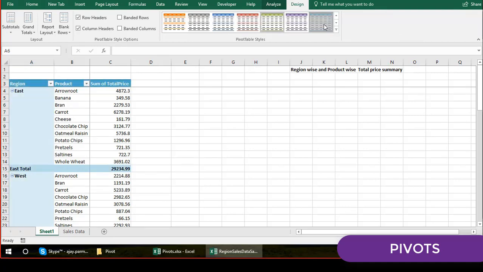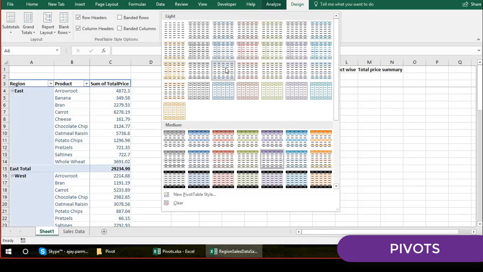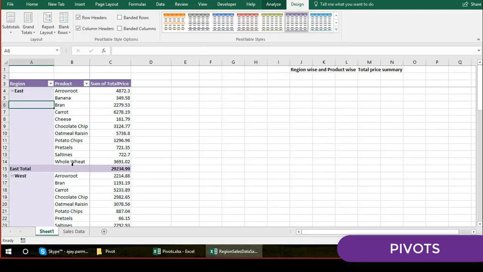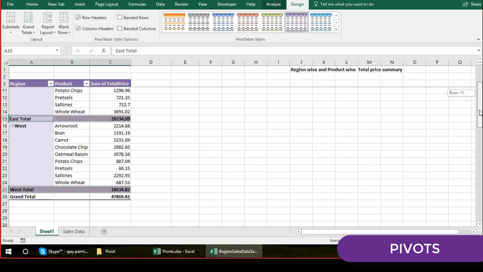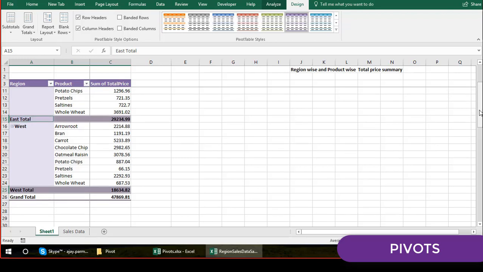If you're not happy with the color, you can change the color from here, that's okay. And there are some more templates as well. So colors are already there, but especially if you want to make these east total bigger in size, go to the extreme side of this border. You see, when I click here, all the totals get selected. See this, guys, both the totals are selected, and if you have more totals, they will also be selected. So what I did, I went here, this arrow sign comes, and I selected this.